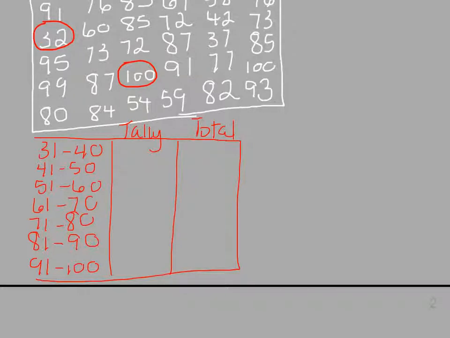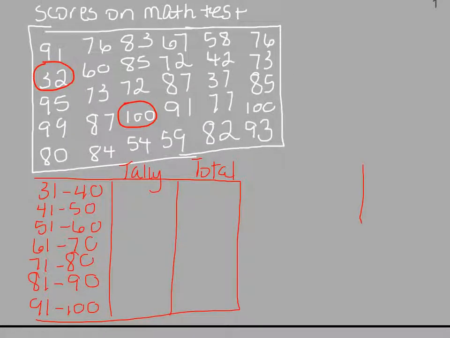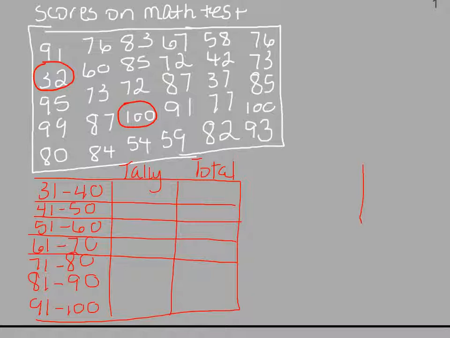So the first thing I need to do now is tally these all up. If I look up here, I just start with each score, 91, and here I'll go ahead and draw lines this way, that way I can see where they are. So a 91 would go down here, 32 is in the first one, 95 is down here, 99 is down here, 80 is here, 76 here, 60 is here, 73 is here, 87, 84, 83, 85, 72,